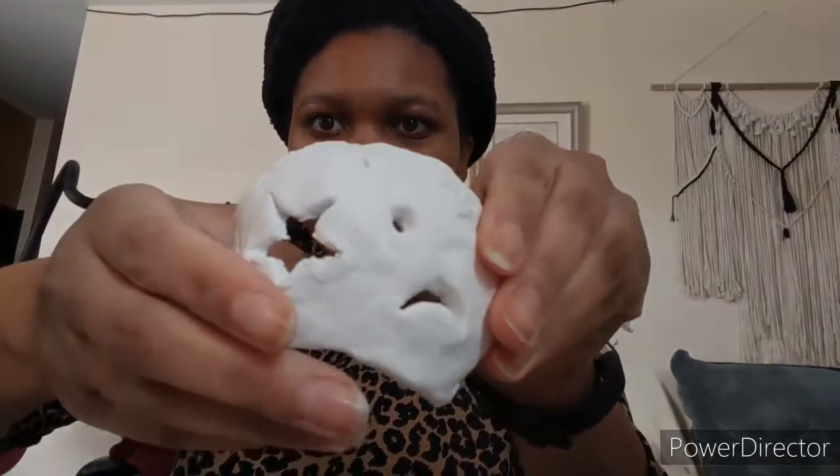Okay, goodbye. It is day 3 of this project and our little guy is mostly dry. I might be coming at it a little too soon, but I feel like he's okay. So we got a dry piece finally with the right clay. I've got some sandpaper, just got this pack from the dollar store, and we are just going to sand this puppy down. I'll probably do a little bit on the inside, but I'll mostly just focus on the outside, getting